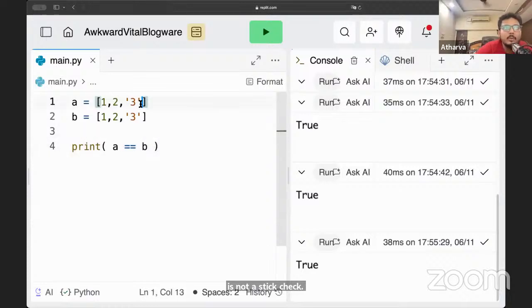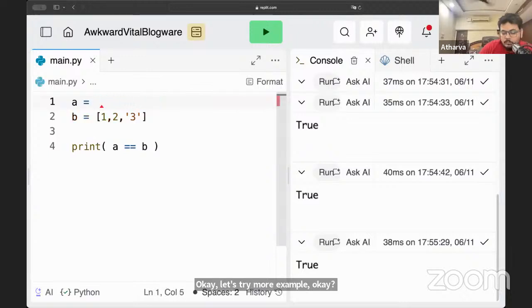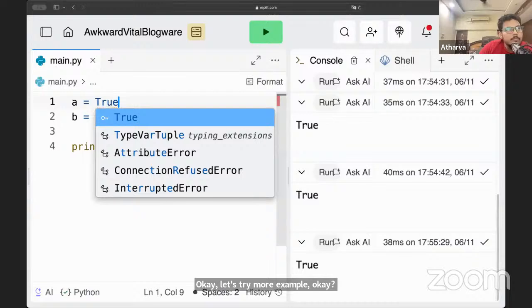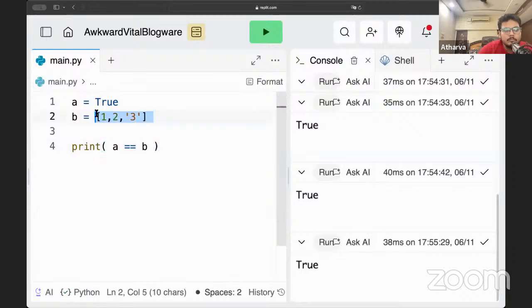Okay, let's try more examples. Will this be true or false?